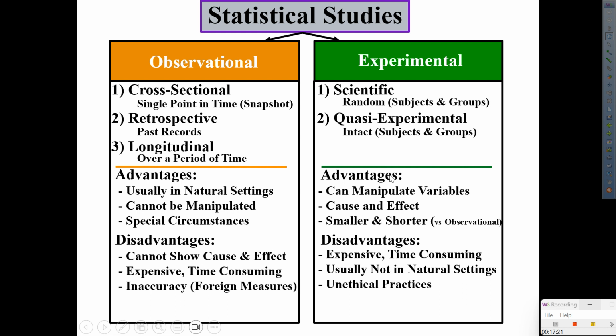And the last one, also known as the Hawthorne effect. What is that, Mr. Q? Well, it's an effect where even though nothing is mentioned, it affects the outcome of the experiment.